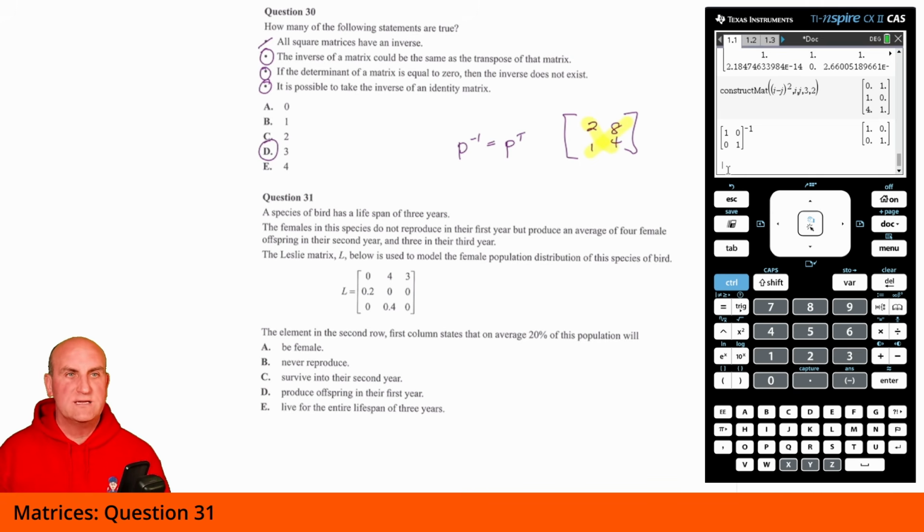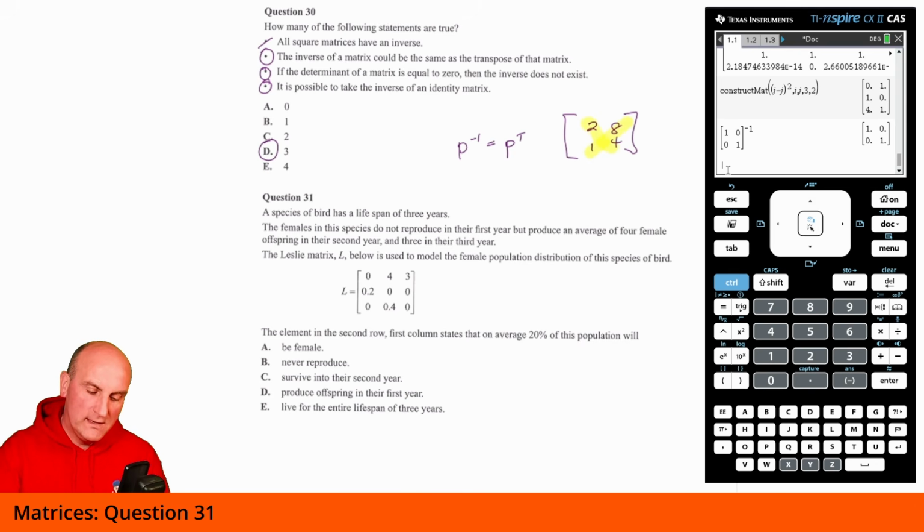A species of bird has a lifespan of 3 years. The females in the species do not reproduce in their first year, but produce an average of 4 female offspring in their second year and 3 in their third year. Oh, here we go. Leslie matrix L below is used to model the female population distribution of the species of bird. The element in the second row, first column, states that on average 20% of this population will be...